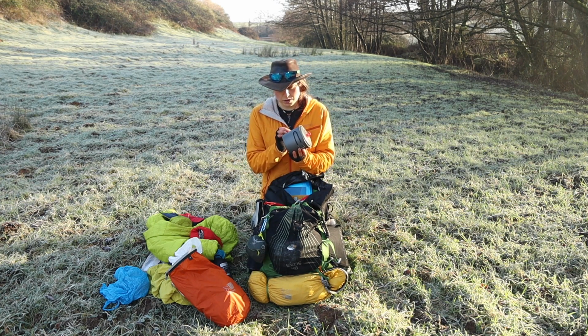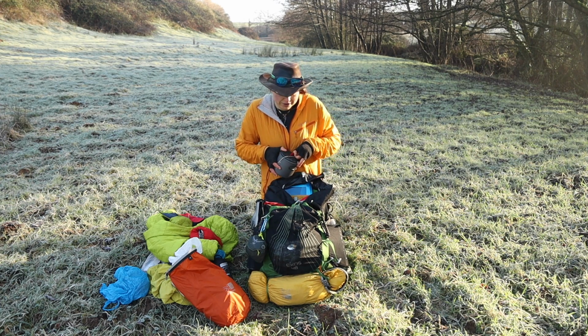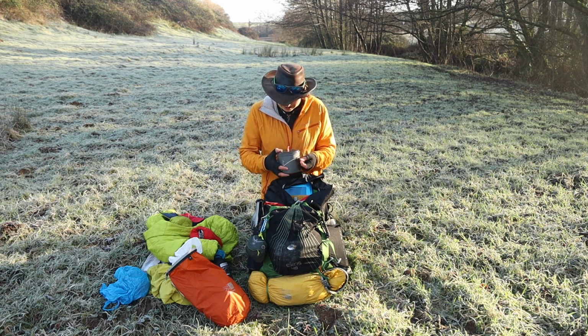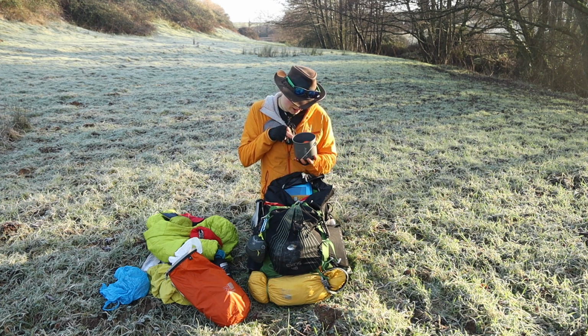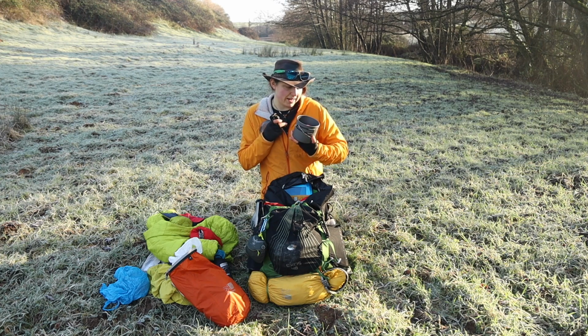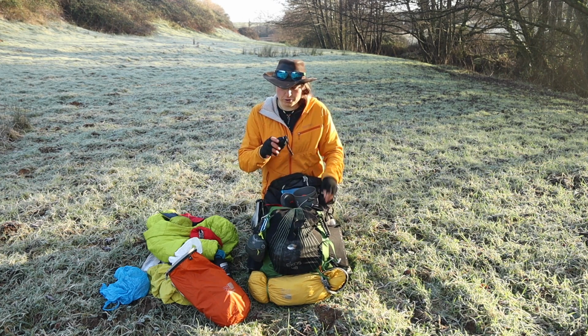So this is a Soto aluminium pot. Can't figure out what size it is. Hang on, I think it's a litre. No, it can't be a litre. Sorry, I don't know how big it is, but it's a pot. Yay! And then I've got a Soto